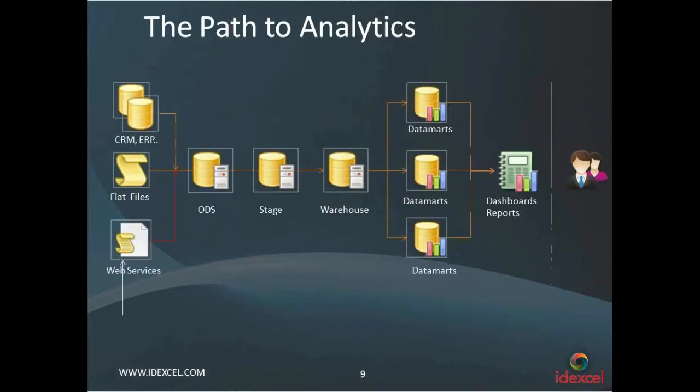As all of you on the call agree, the path to analytics is pretty treacherous. There is a risk along the way. To begin with, when we talk about source systems like CRM, ERP, financials, we could be having data coming in from flat files, data coming in from web services. So there is an inherent systemic risk in this incoming source itself. And as the data moves within the enterprise from ODS to stage to warehouse into the marts, again, there is an element of risk because the ETL may not have done its job as expected. And there is also an element of risk on the reporting front.